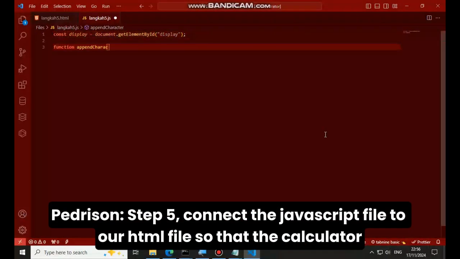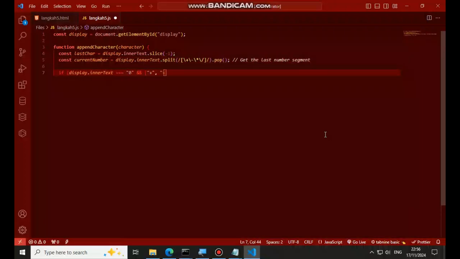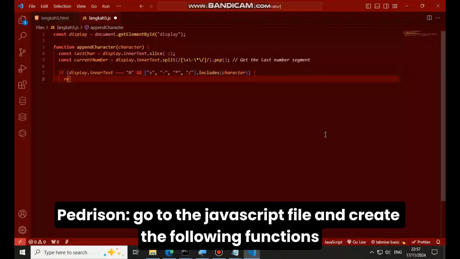Connect the JavaScript file to your HTML file so that the calculator can perform calculations. Go to the JavaScript file and create the following functions.